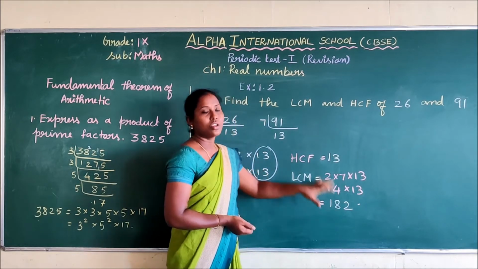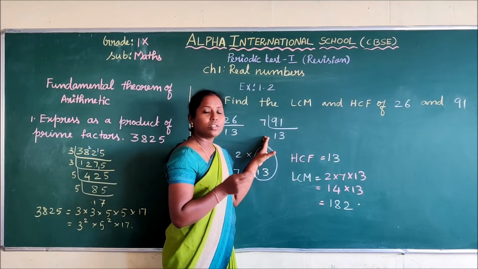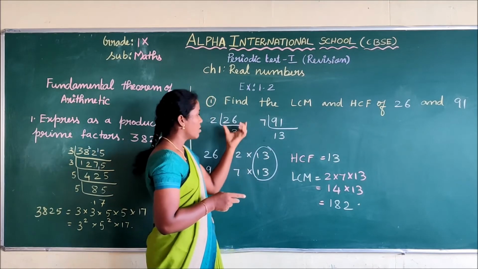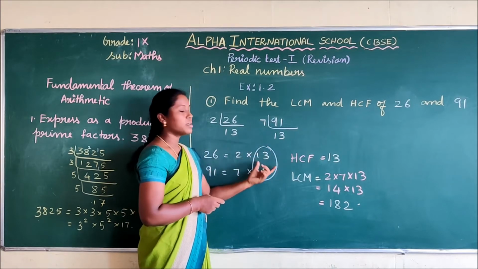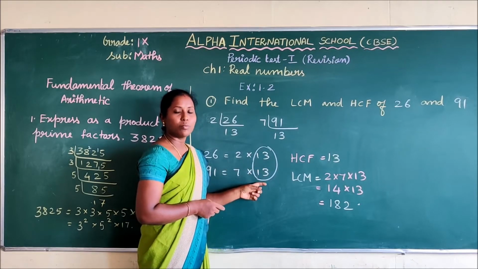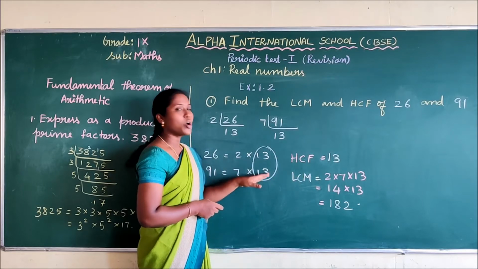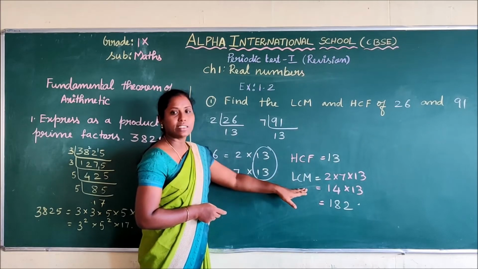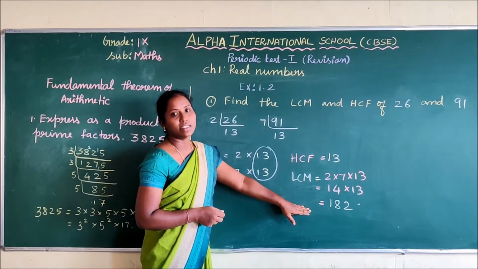Okay, so for any two numbers, if you are finding the HCF and LCM using the prime factorization method, first factorize the numbers as prime factors. Write the prime factors. The common prime numbers in both factorizations give the HCF. And the uncommon ones you also have to include for the LCM. The uncommon numbers with the common numbers you should multiply and give as the LCM.